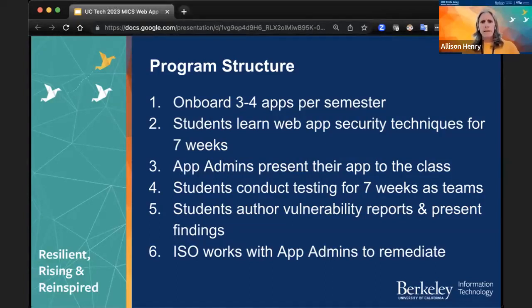And then the application admins present their apps. So then they talk through that. That's a real important part of the testing, is for the security tester to understand the business application and what it does. And then the next half of the class is the hands-on practicum, where they're actually using the VMs to test these applications, using the Burp Suite tools, using everything they learned in the first half of the class to do the actual testing.